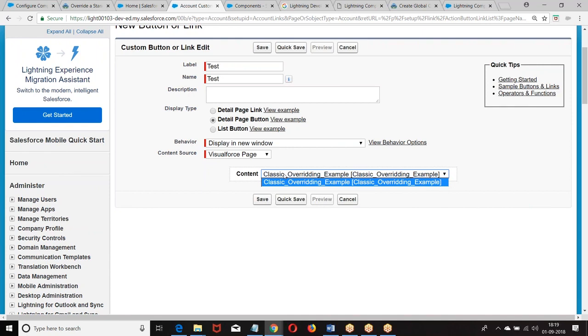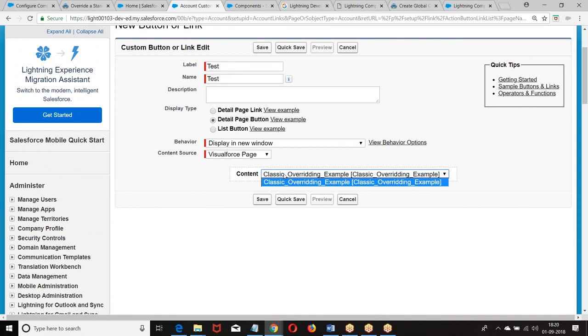The same concept is implemented in the Lightning with what? In the Visual Force, if I take standard controller, the same concept in the Lightning is implemented with LDS, Lightning Data Services, where I told record data, target record, target fields. LDS is a counterpart of standard controller in the Visual Force. So whichever object you want to create a button on, we need to choose the Visual Force. This is what we are doing in the Lightning Classic.